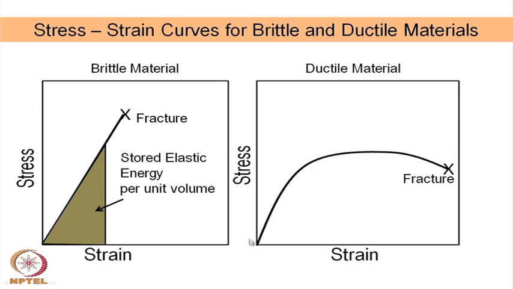They have a stress strain curve which is of this nature, where there is a considerable amount of strain or deformation before the fracture takes place. Fracture takes place here, but we always have two distinct regions. One is what we call the elastic region. That means, when you release the stress, the strain comes back.